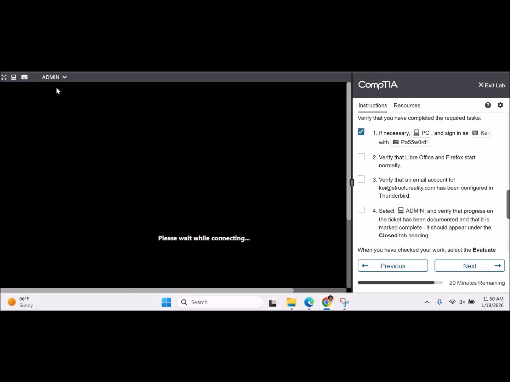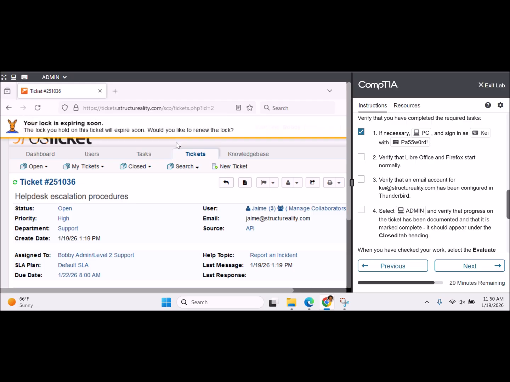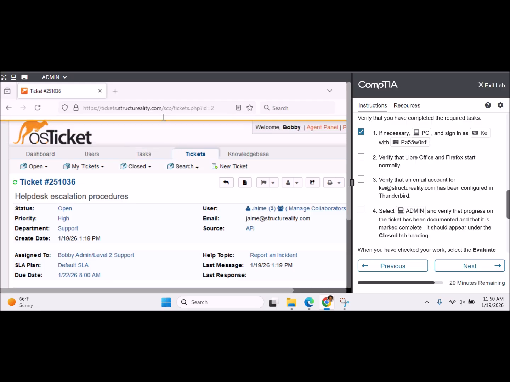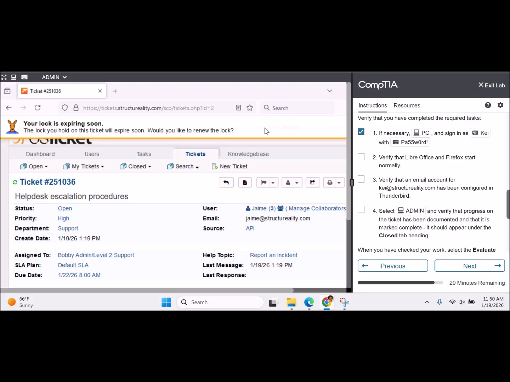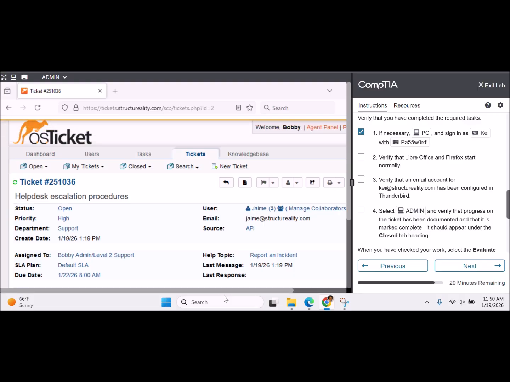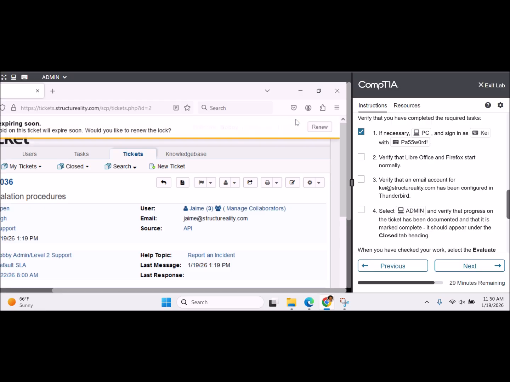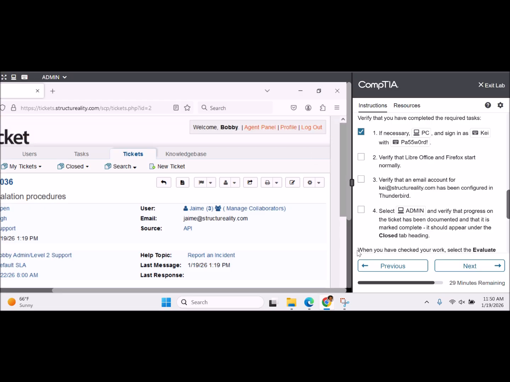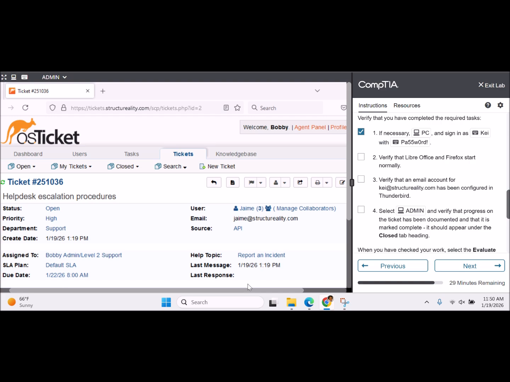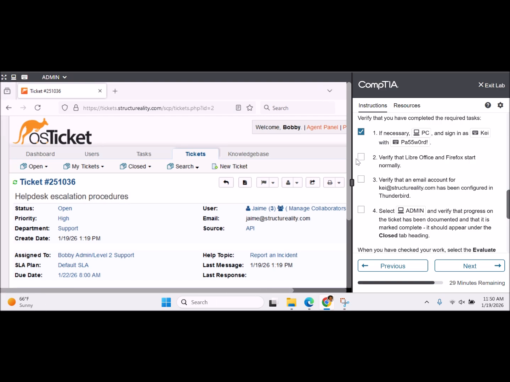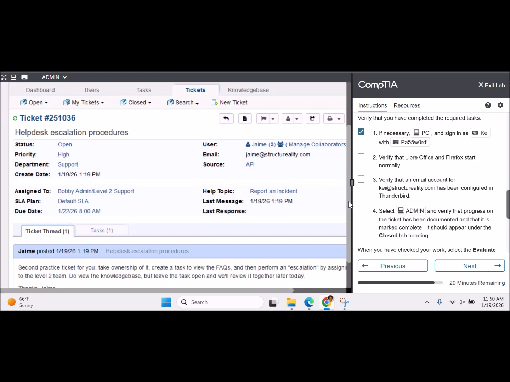I had to keep going back to admin and checking. What does it say? This is very frustrating. Your lock is expiring soon. So you gotta scroll over to the right and renew the lock. Alright, buddy. We should be good. I don't want to get timed out. So basically,